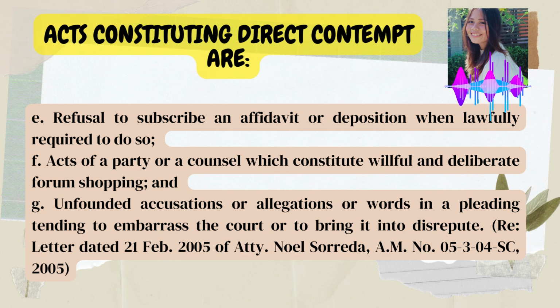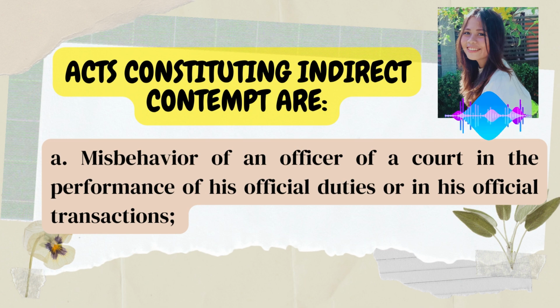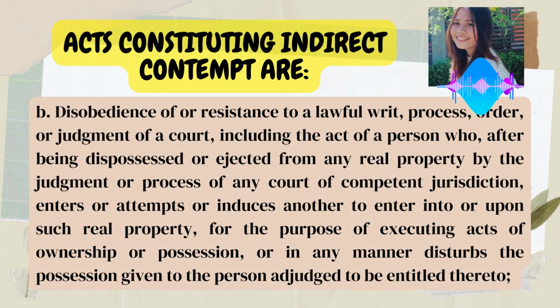While indirect contempt, this is discussed in Section 3 of Rule 71, indirect contempt is not committed in the presence of the court but done at a distance which tends to belittle, degrade, obstruct, or embarrass the court and justice. The following acts constitute indirect contempt. Letter A, misbehavior of an officer of a court in the performance of his official duties or in his official transactions. B, disobedience of or resistance to a lawful writ, process, order, or judgment of a court, including the act